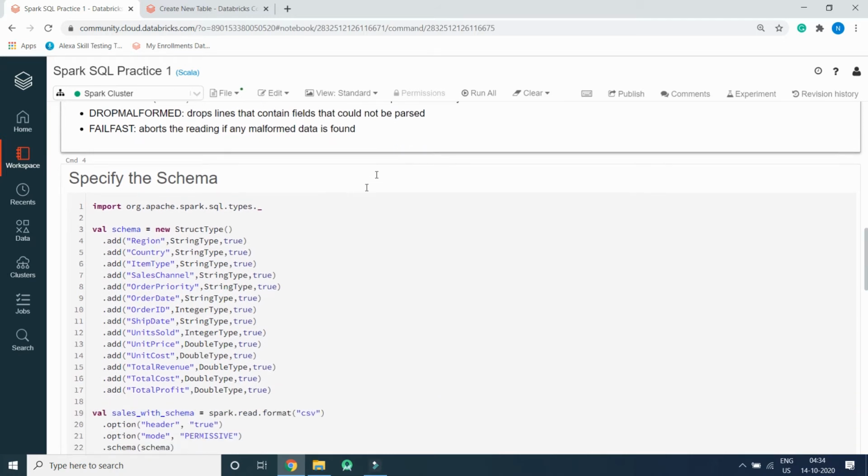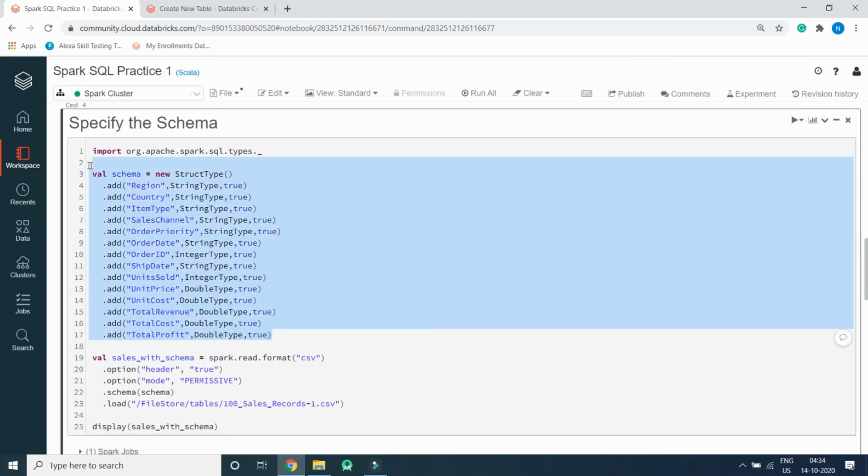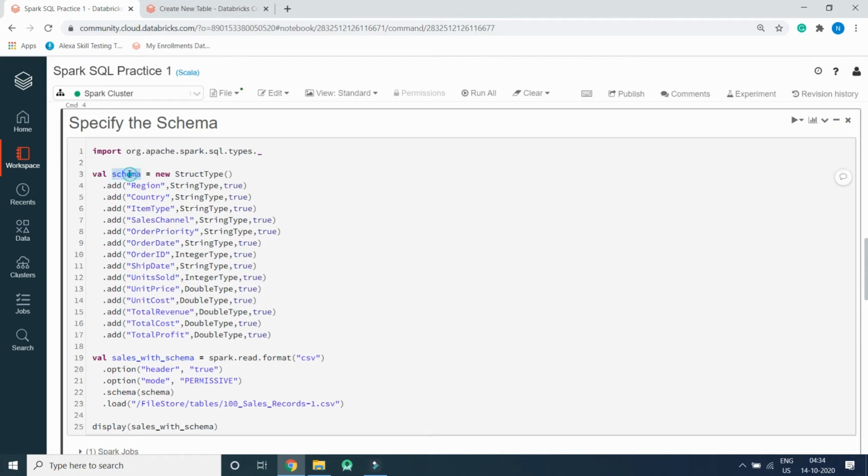Now we will see how to define a schema, that is a user defined schema, and apply it to the CSV file. So we will import a few libraries like org.apache.spark.sql.types, and we will define a schema equal to new StructType and .add region. This way we specify the schema.